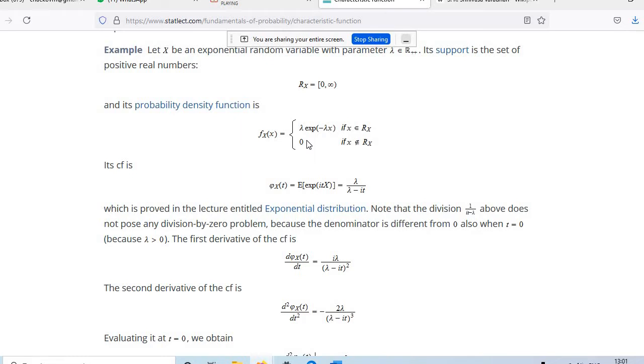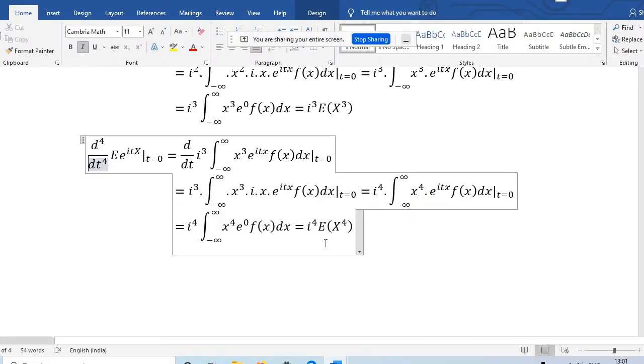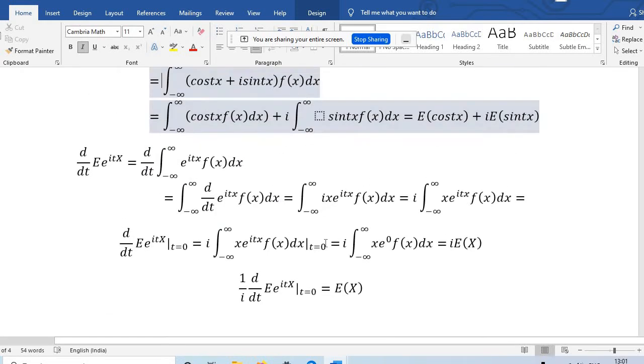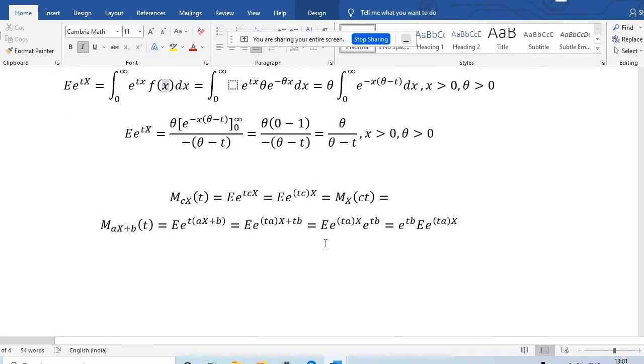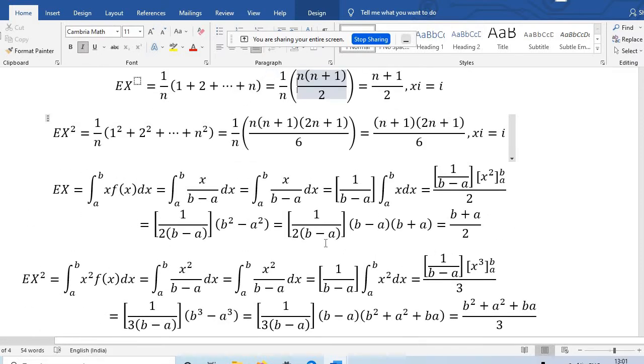So just consider this function as a probability density function. So what is the characteristic function? I think we have discussed the computation procedure of moment generating function of this exponential distribution, and you can go through the same procedure and you will get the